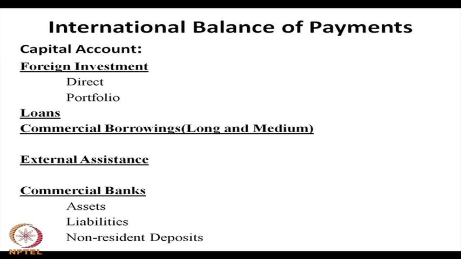So, direct investment has been increasing over the year, but the primary contribution of foreign capital inflow is portfolio investment. Portfolio investment creates instability in the capital account, because portfolio investment is linked to our stock market, and these are hot money movements, and this hot money may go out from the country any moment. So, for stability of the capital account, we need direct foreign investment, FDI, and loans and commercial borrowing rather than portfolio investment.